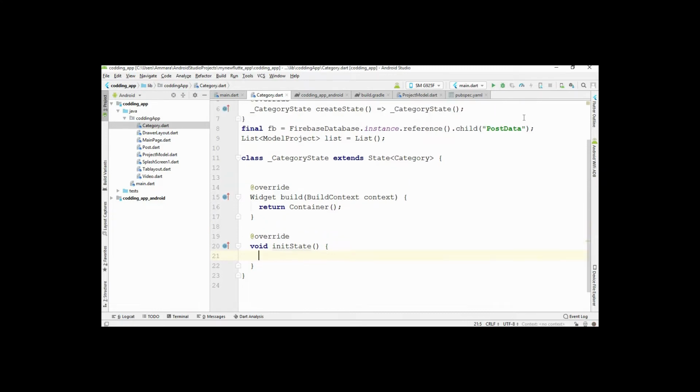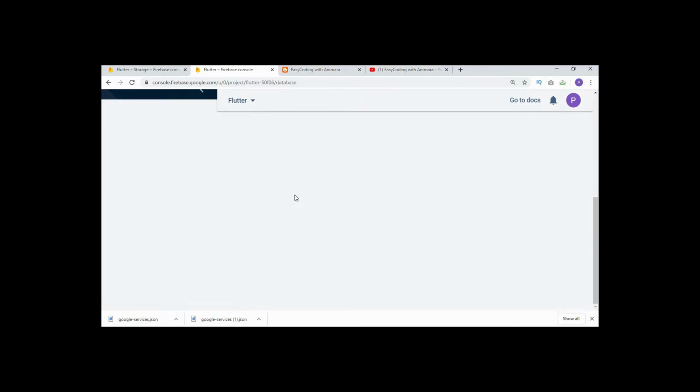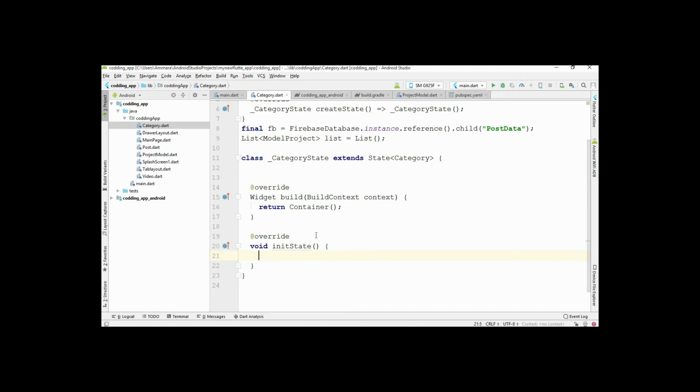Now we are going to retrieve the data which is inside this child. First of all, I am going to show the database. This is the database, and we are going to retrieve the data inside this post data node.